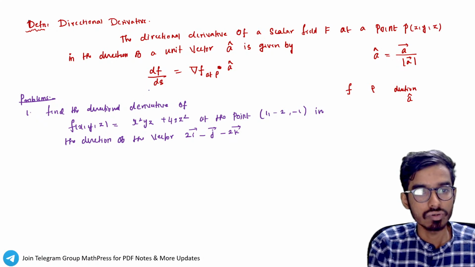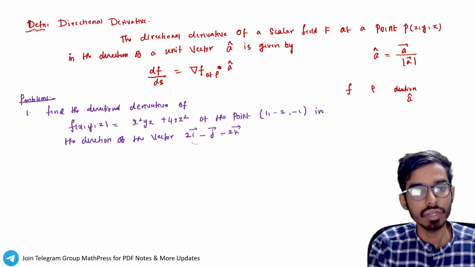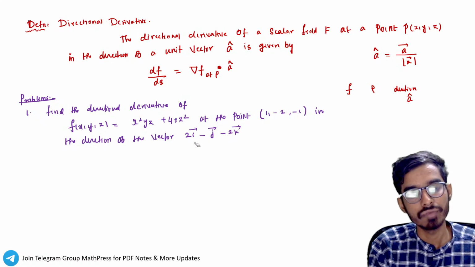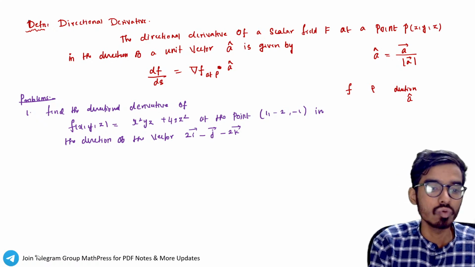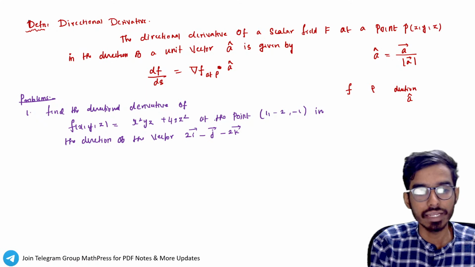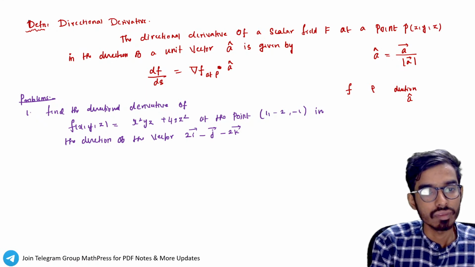Okay. So what is the formula? We need to find del phi at this point and in the direction of this vector. So this vector is not a unit vector, right? Because if I find the length of this vector, it will not be 1. It will be root of 4 plus 4 plus 1, root 9. So root 9 will be 3. So it is not a unit vector. So first what we'll do is,